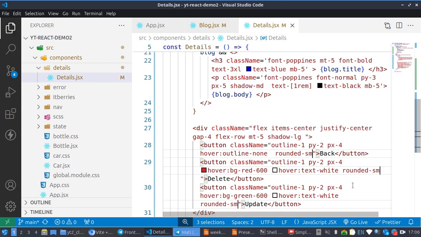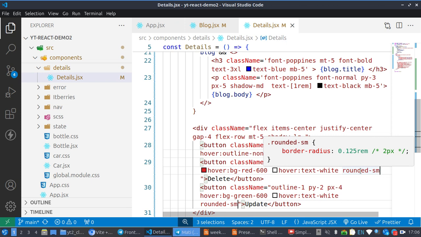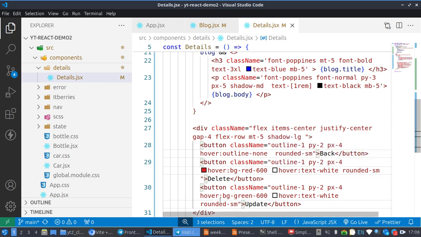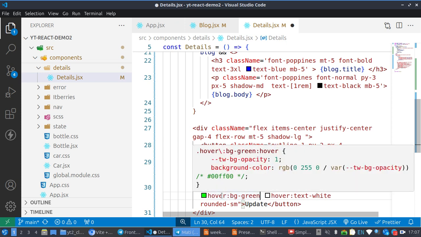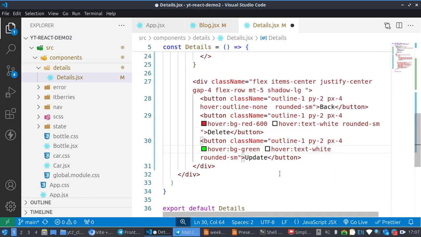Let's look at how it is. This hover green is not showing, the IntelliSense is not showing that it recognizes it. That means it won't work. That means I don't have green there. Let me see if the green here will work. Okay, I think it's because I have green as a customized value. Okay, so it's working now. So if I save,